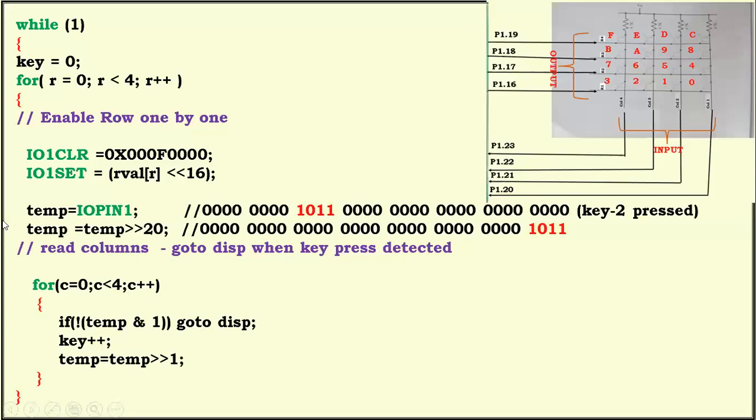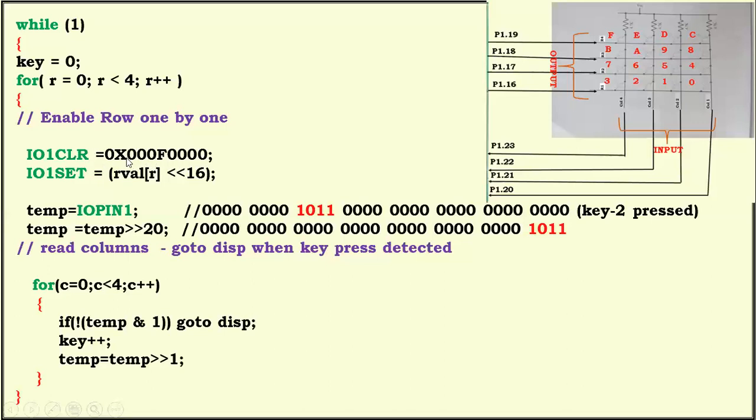Now the next thing is, I told you already the logic. Once you know the logic, this program becomes simple. Then IO1 clear. What is the meaning of this? Because first we have to clear these lines. This is very important. There will be a chance of having some junk value. Suppose if it is 0, 0, 0, 0, all 0, then what happened? All rows are enabled. If it is 1, 1, 1, something like that, then just to start with, we have to make it low. That is here 0, 0, 0, 0.